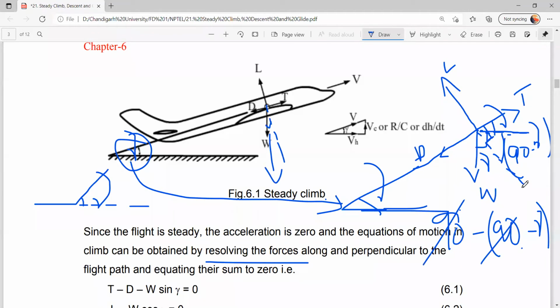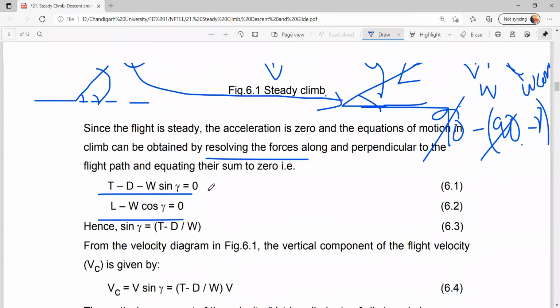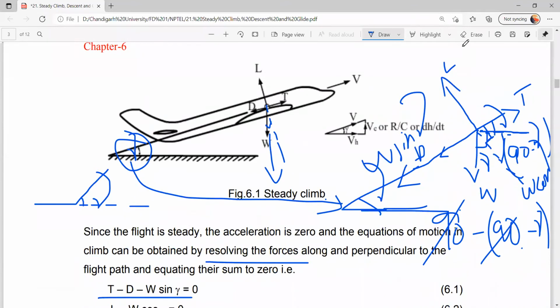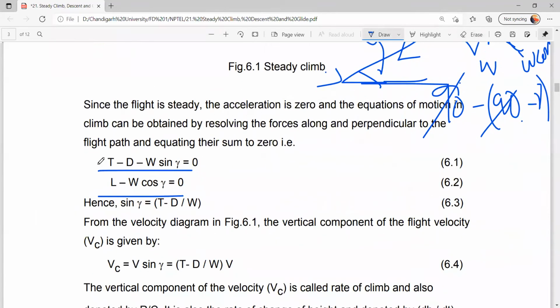So we are resolving the forces, which is W cos gamma here and W sin gamma here. Just we are resolving the forces. In this image, they have not given it properly, they have just directly given. So this is how we have to resolve the forces. W sin gamma, W cos gamma. It is a simple angle measurement, so you can do it easily. Right? Fine. So coming into the horizontal forces, summation of horizontal forces and summation of vertical forces.